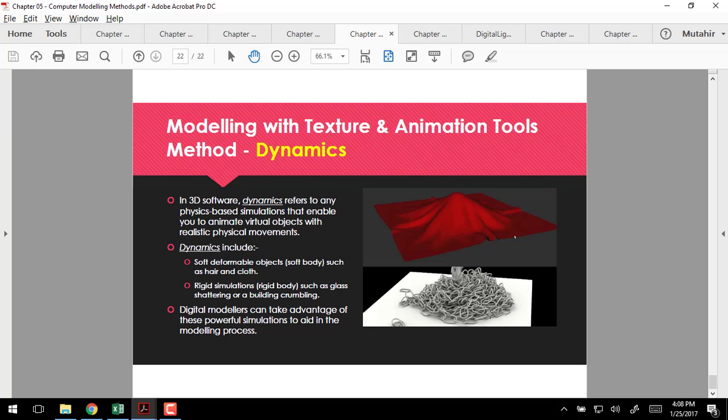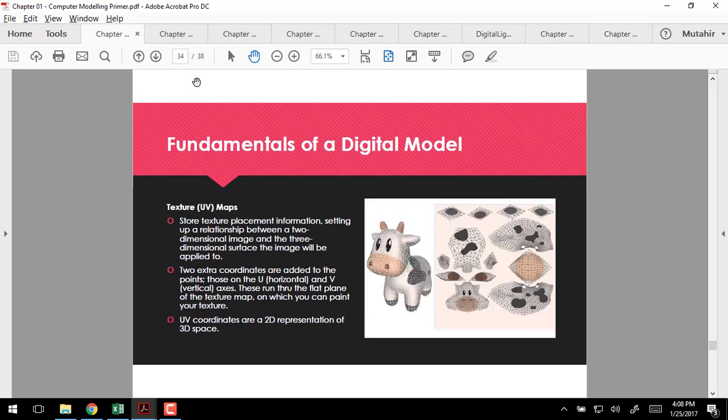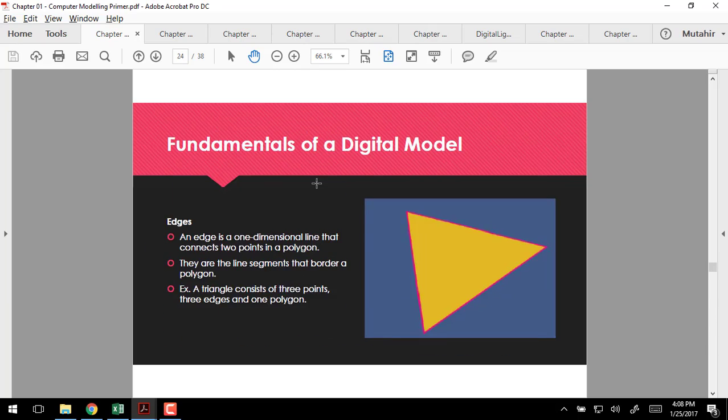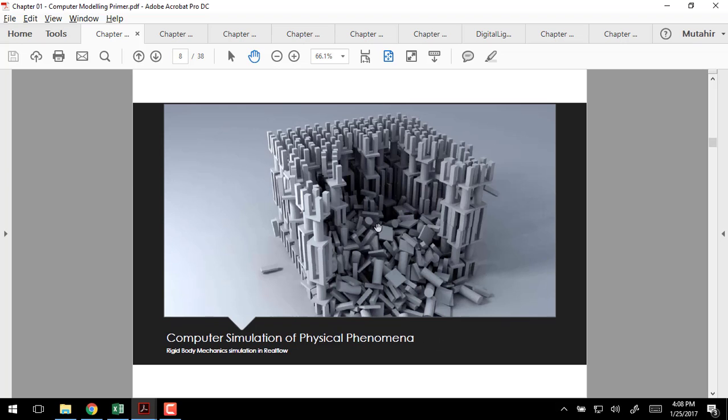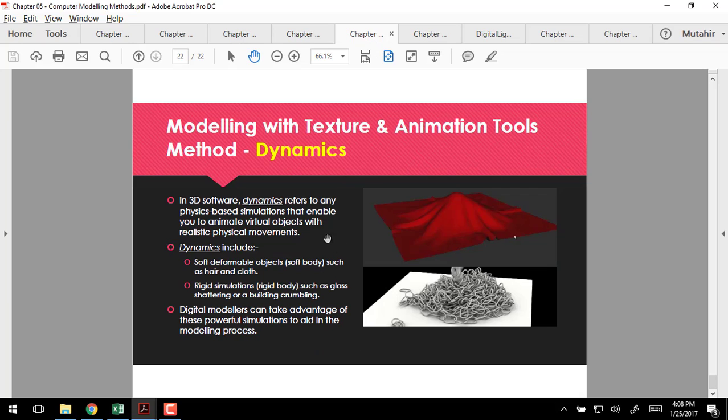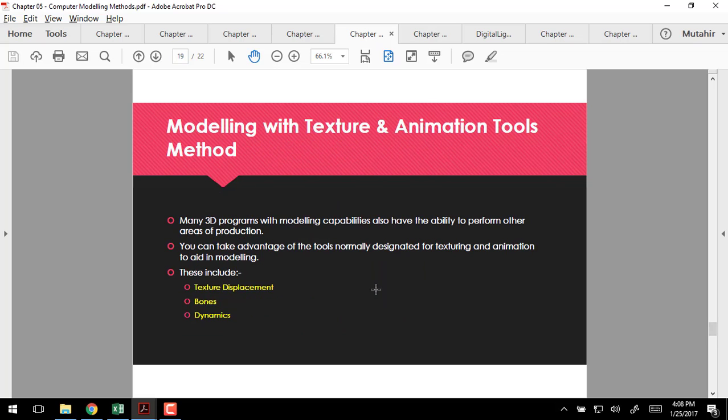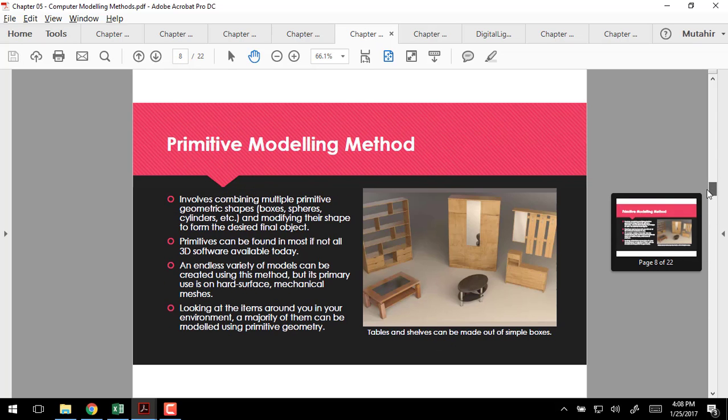probably performed in a software like RealFlow, like what we see in chapter 1 earlier. Let me just go back there. Alright, so understand what RealFlow is and how we can use it in modeling. So dynamics, focus on that, the two categories, and what kind of software you might use to model such a thing using simulations. Right, so just to recap,